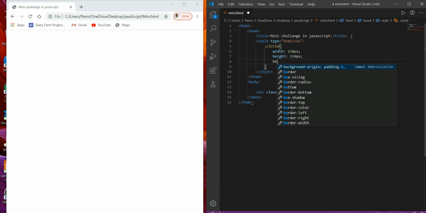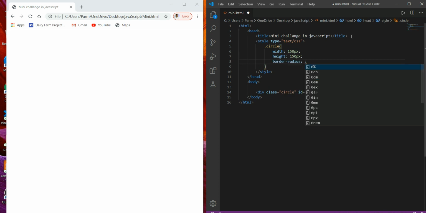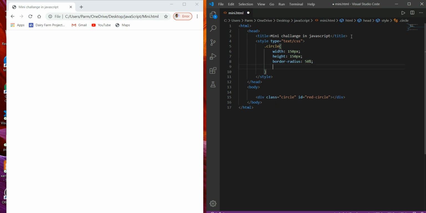This will make a square, so in order to make it a circle we have to use the border-radius property, and give it the value 50%.